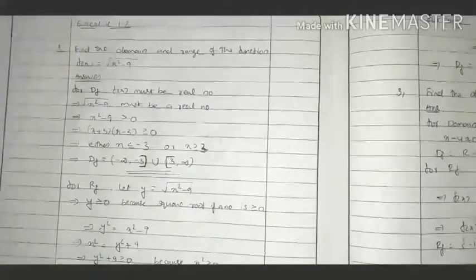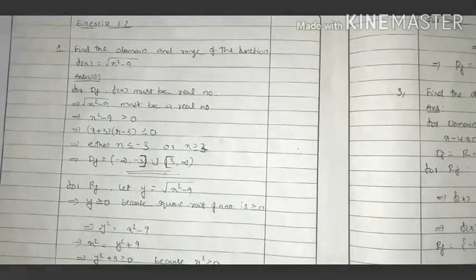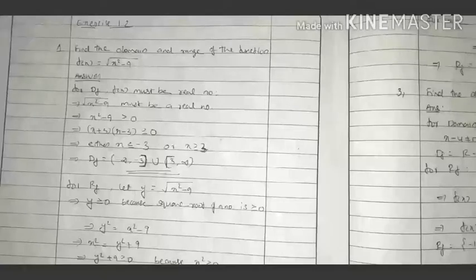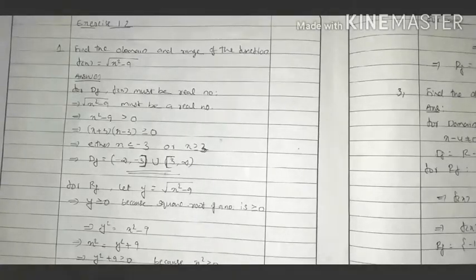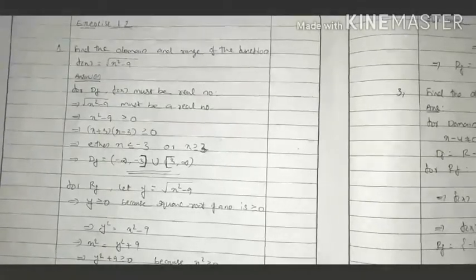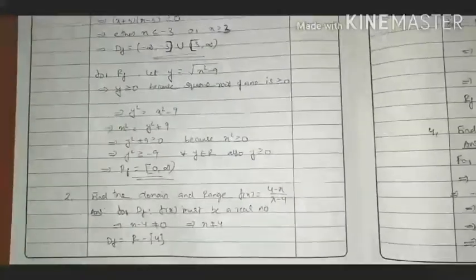And in the first step, because it is given that y is greater than or equal to 0, that is how a real function is defined. So by combining these two things, y square is greater than or equal to minus 9, and also y is greater than or equal to 0, we can write here y should be greater than or equal to 0. Otherwise we can write range of f is equal to closed interval 0 to infinity.